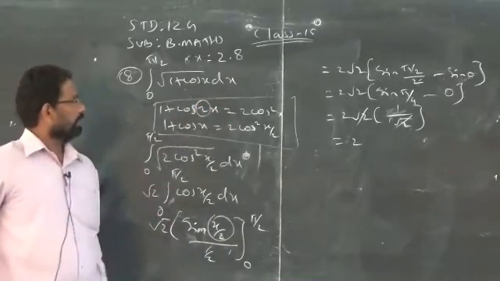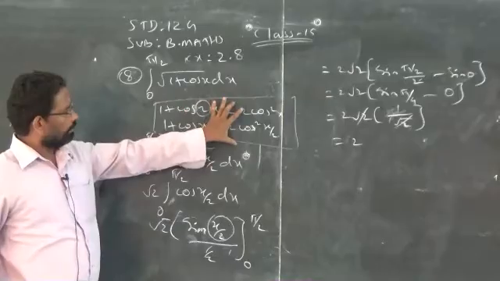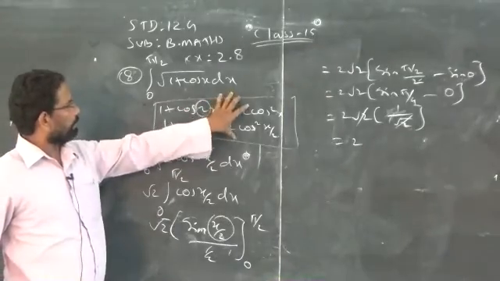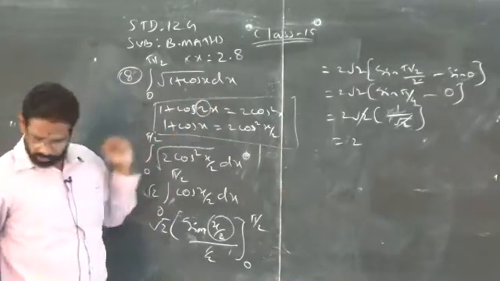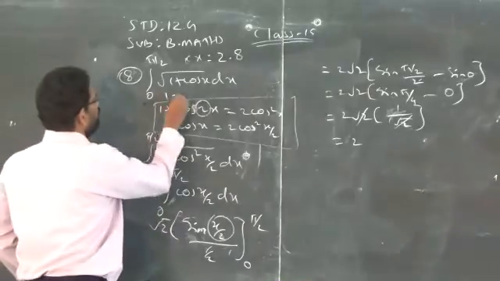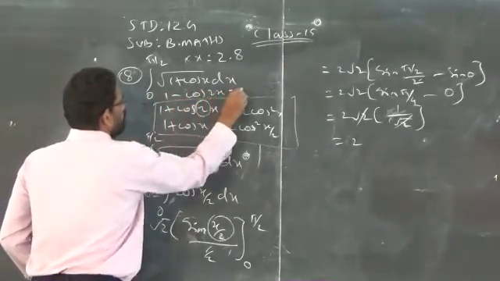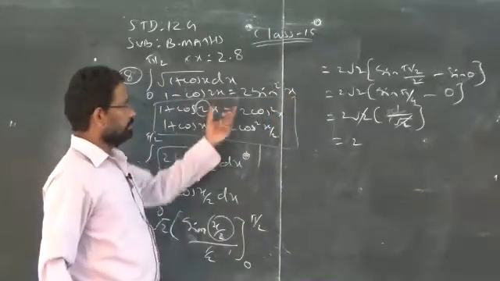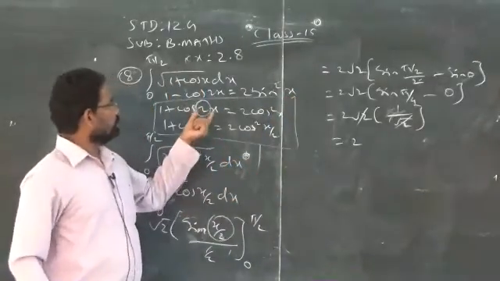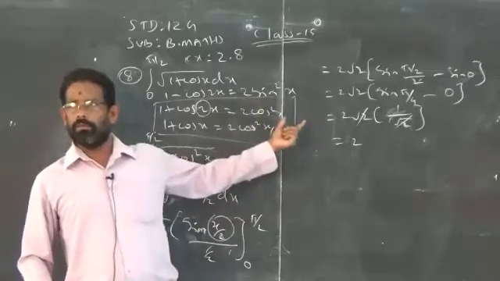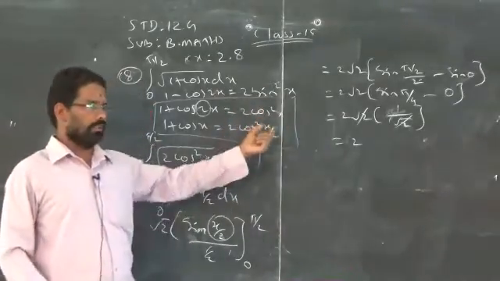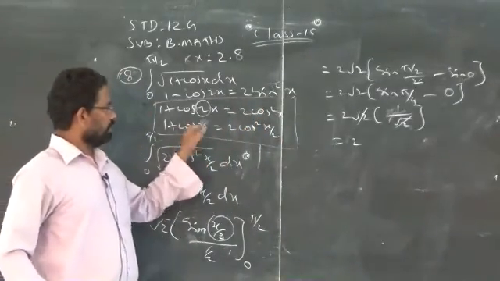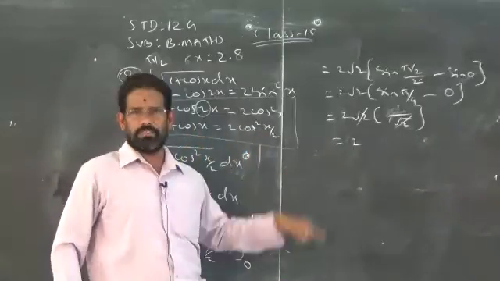It's correct. See, you have to remember the trigonometrical property. For example, if it is given 1 minus cos 2x, that is nothing but 2 sin square x. So just you have to memorize, if it is 2 times of an angle, half of the 2 angle is 1. If it is 1 angle given, what is half of 1? That is 1 by 2, that is x by 2.